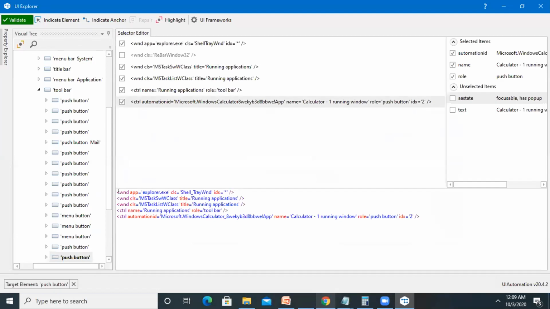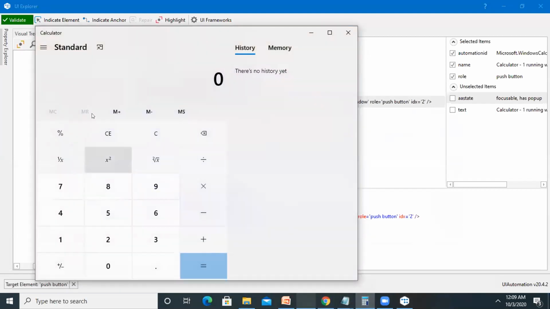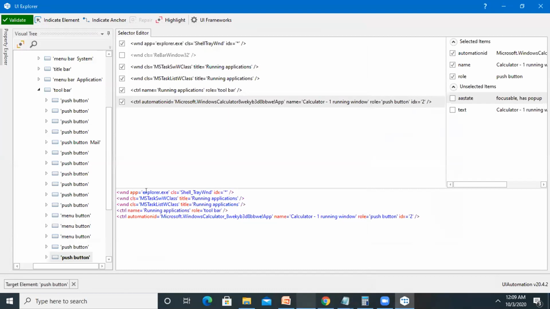You can see here, the first line itself indicates our application name or window. We have selected our calculator application, so it will write here the application extension name as well as the tray or win, because we have selected it from our taskbar.